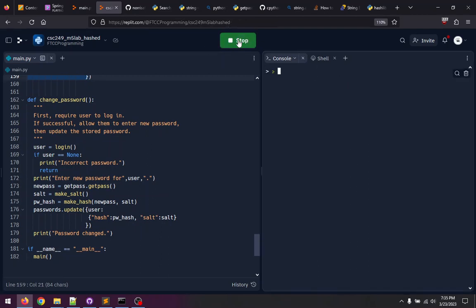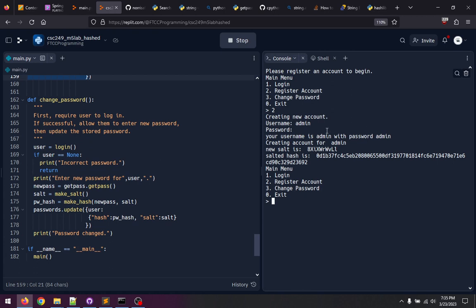So I'm going to run the program now to confirm it works, and then I'll scroll back through slowly so you can look the code over, and hopefully this will work. So I'm going to register an account. I'll make admin and admin. So what it hashed is admin x 8x blah, blah, blah. This is the salted hash, and that was stored. So this string was stored, the salted hash, and also the salt, since we need this information to regenerate the correct salted hash. And now I'm going to log in,